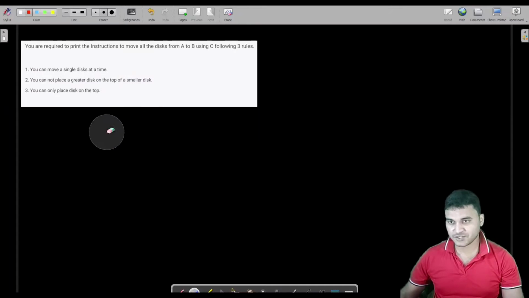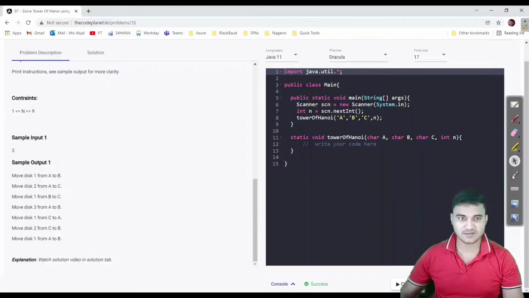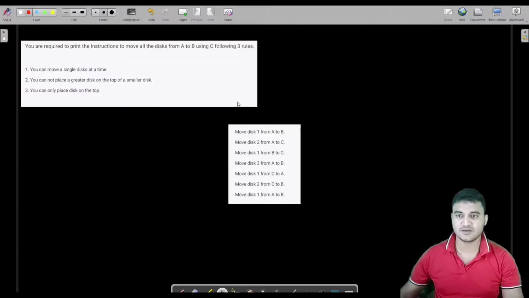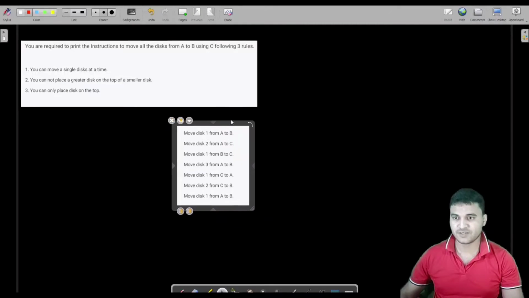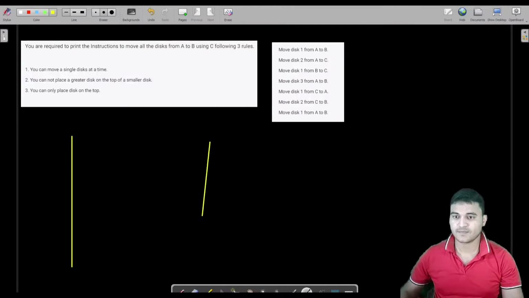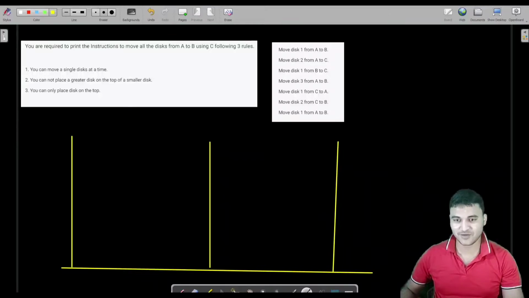We have one configuration for this, showing how we can do that. Here is the sample output. This solution is for three disks. We have these three towers. Look very carefully. The problem statement actually requires more explanation. The solution is very simple. You are going to laugh at me about how we used to solve that.